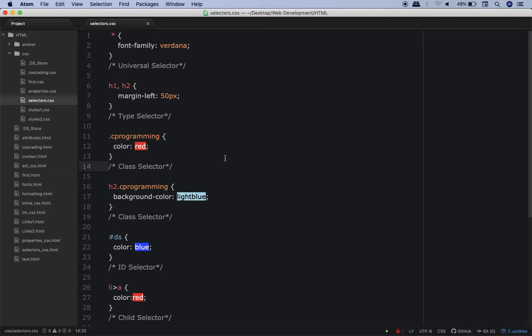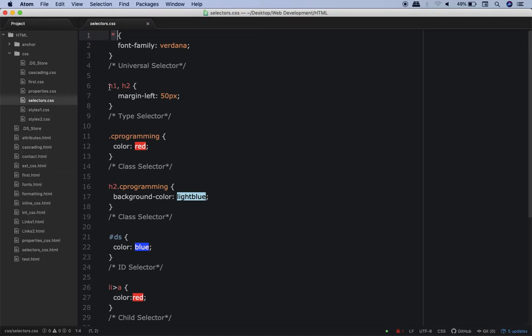In the next few minutes, my aim is not to explain these selectors. I'll just mention them. So listen to me carefully and try to remember what I'm telling you. By the way, I have given some comments over here so that you can remember this. Now, if you put a star over here, star stands for all and it means universal selector. As I told you, I'll explain the meaning later on.